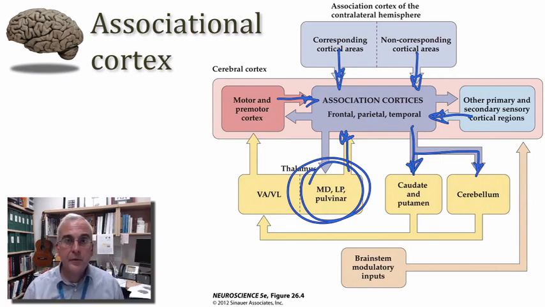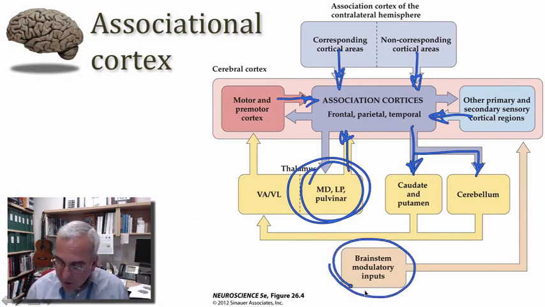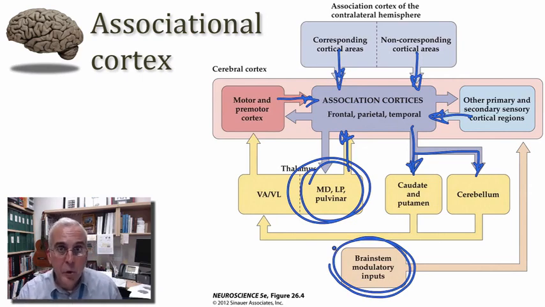So one last source of input to the associational cortex that I would highlight here are the inputs that are derived from our brainstem modulatory systems. And so what I have in mind here would be, for example, the noradrenergic neurons of the locus ceruleus, the serotonergic neurons of the raphe nuclei, and especially now for the prefrontal cortex, the dopaminergic cells of the ventral tegmental area. All of these brainstem systems have widespread projections to the cortex, and they can provide an important modulatory signal that might shape the way the circuitry of the associational cortex responds to the principal inputs that are derived from